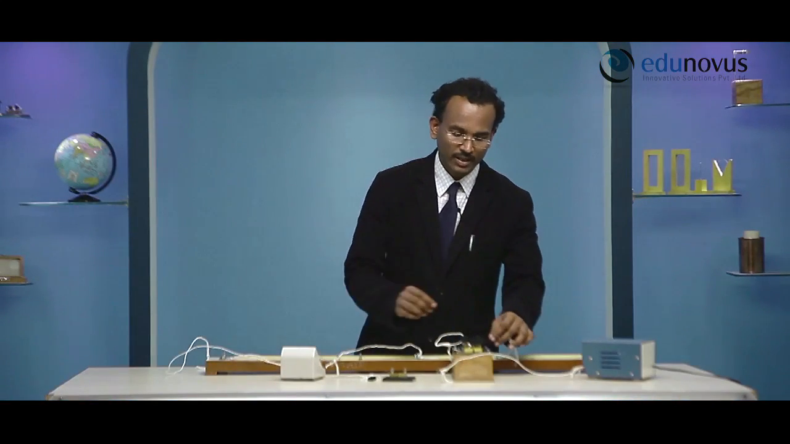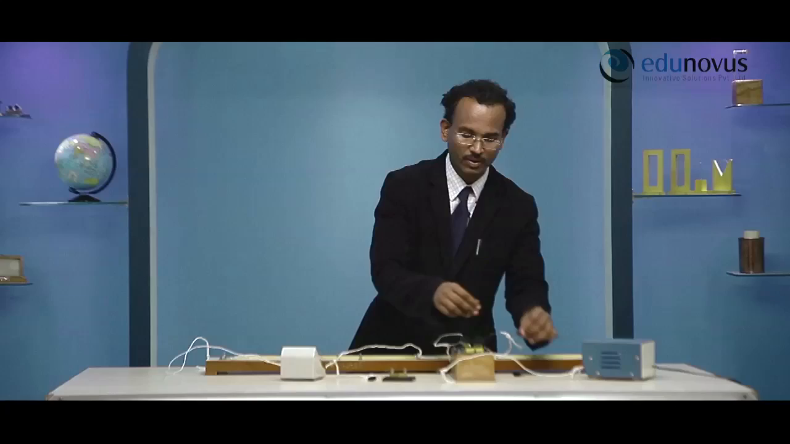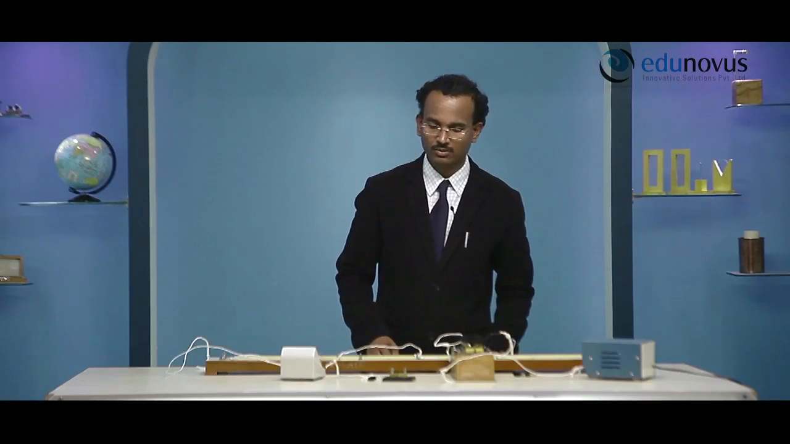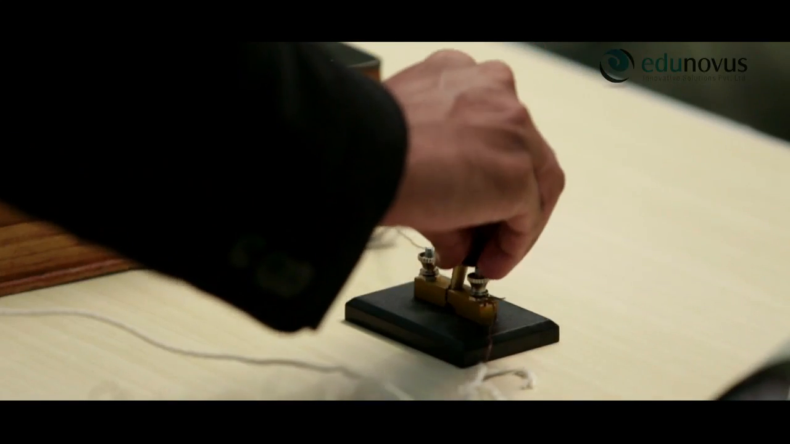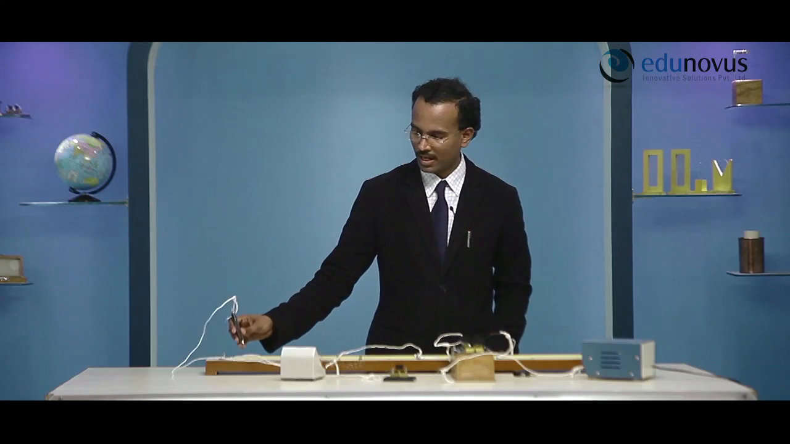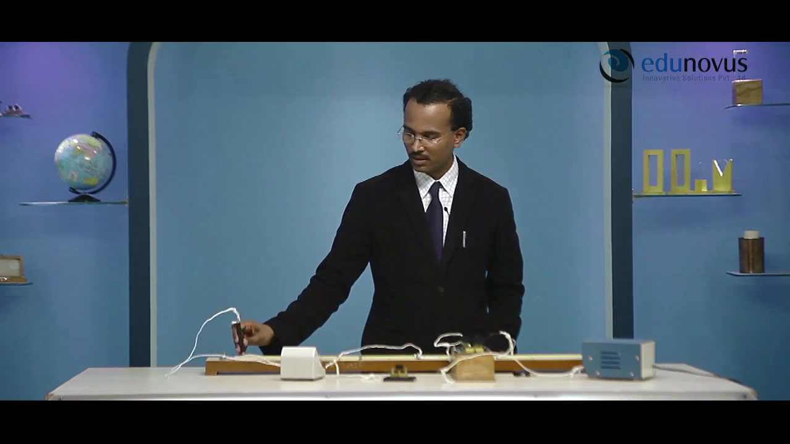Let's take our first measurement. I'll begin by taking 7 ohms in the resistance box. So I removed the plug from 5 and 2. Now I am switching on the battery eliminator. I am plugging in the key. And now with the jockey, I will start moving it gently across the meter bridge wire till the deflection becomes